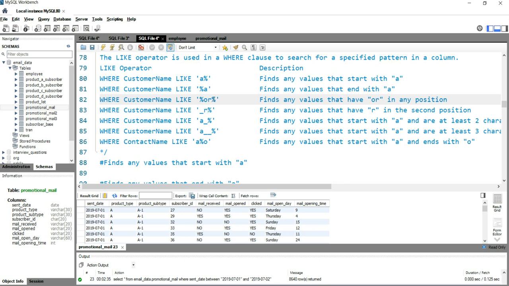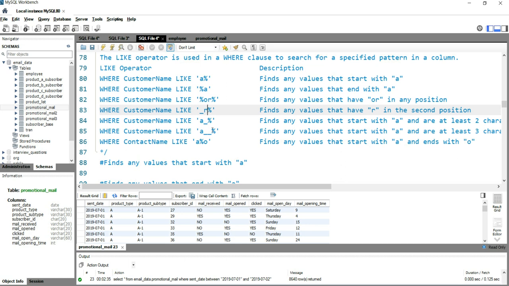Now there might be a situation where you require all those records where a particular column or the name has a specific character in the second letter. For example, in this scenario, when you have to find any value that has R in the second position, then we will use underscore R. Instead of R, you can use any value.